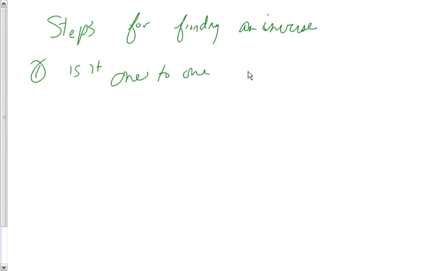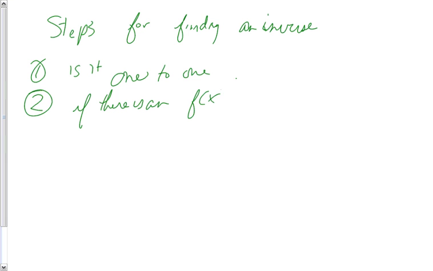If it is, your inverse relation will become an inverse function. If it's not one-to-one, it's not going to be a function. So if they ask for a function, if the original isn't one-to-one, it doesn't have an inverse function. So you're done there. But if it is one-to-one, we go to step 2,